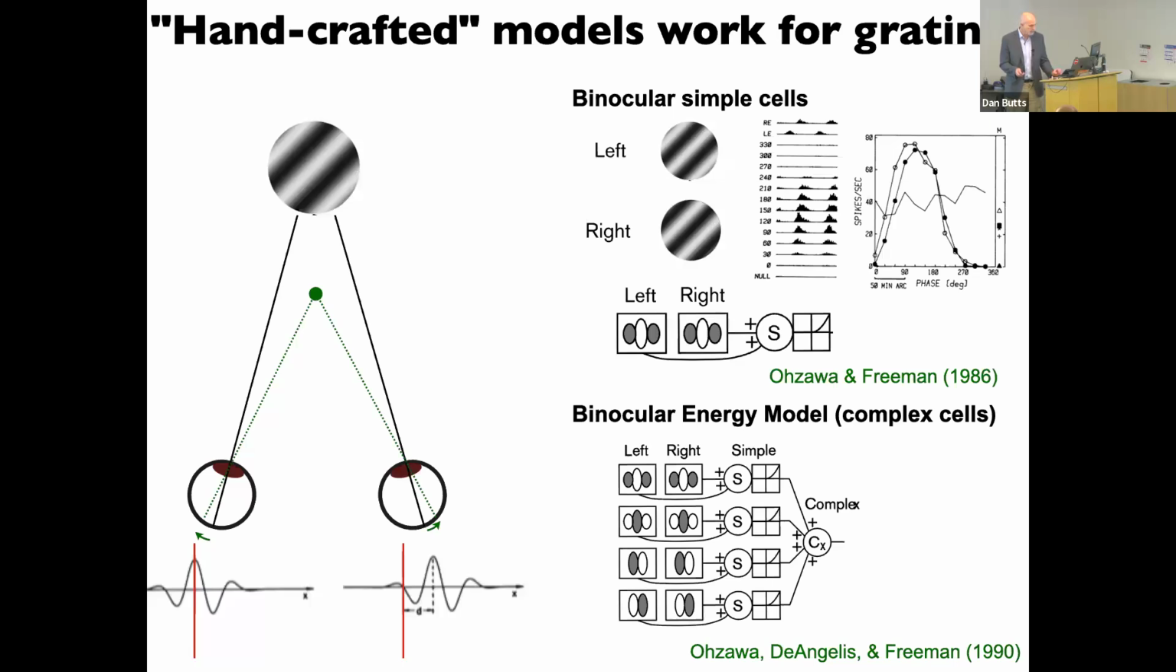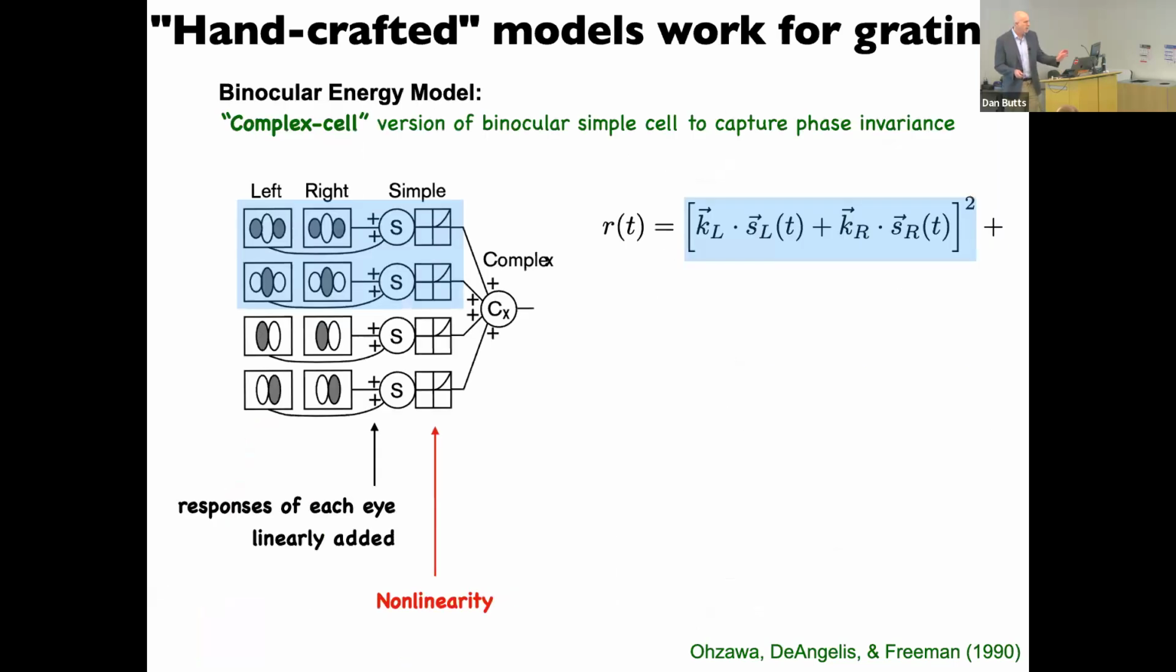So a key point of the binocular energy model is that you have to actually sum linearly between the eyes, which involves a linear integration before summation to a simple cell. Then you have a nonlinearity before it goes to a complex cell. And to get phase invariance, a standard way to summarize this is a squaring operation